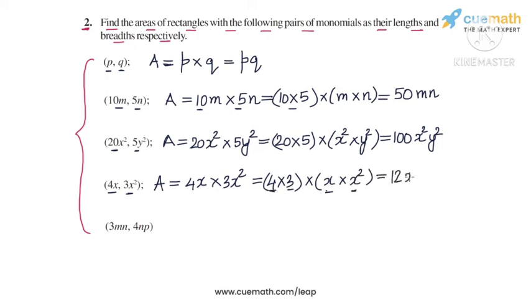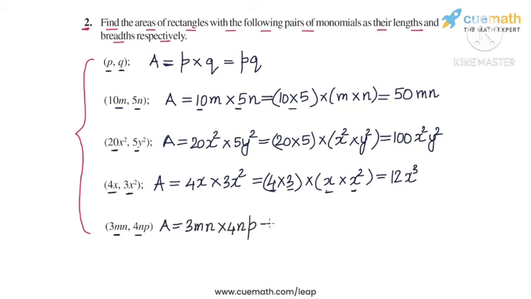So the product can be written as 12x cube. So this is the area expression for the fourth part. And finally, in the fifth part, we have the two monomials as 3mn and 4np. So the area will be 3mn into